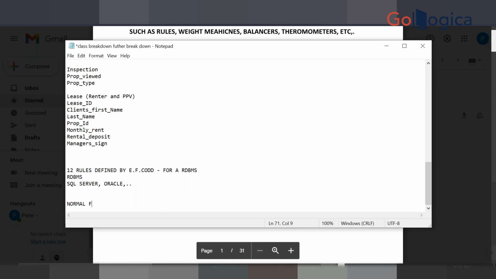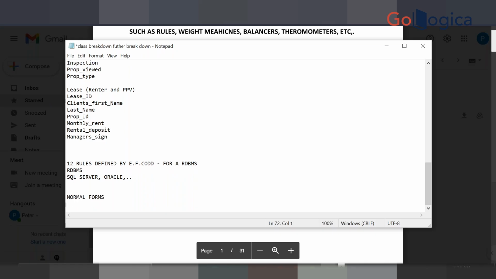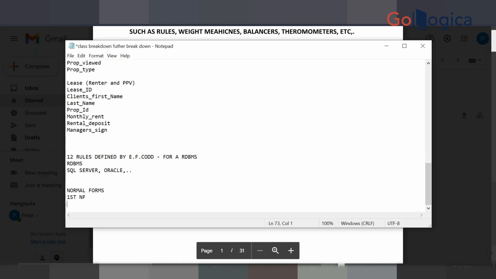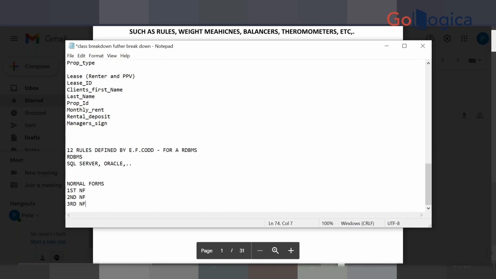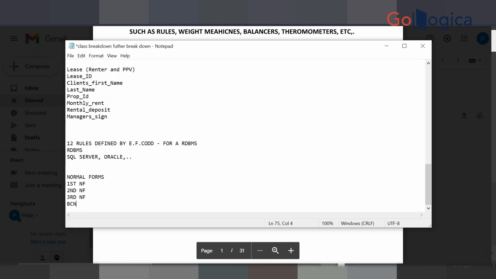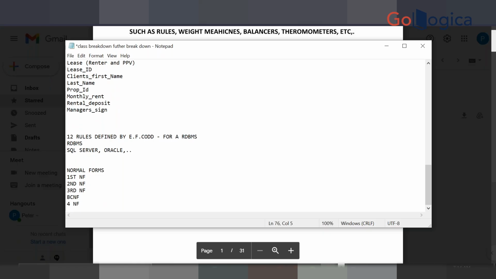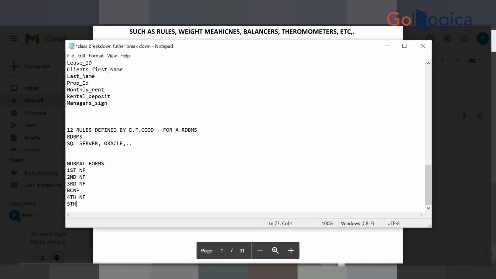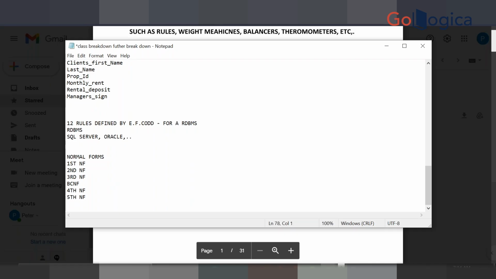There is first normal form, second normal form, third normal form, and there is BCNF, that is called Boyce-Codd normal form, and fourth normal form, fifth normal form, sixth normal form. But if we follow all these rules, we are going to have